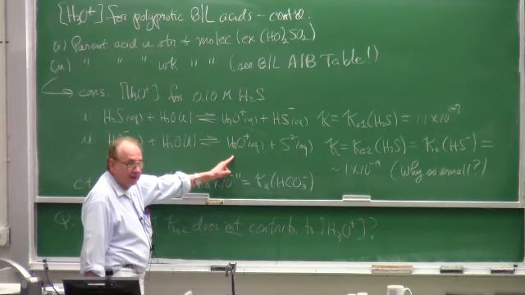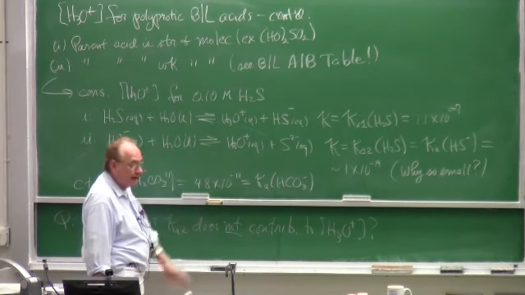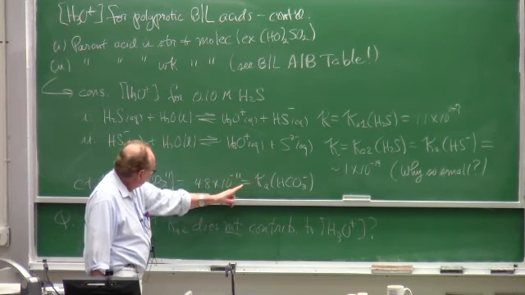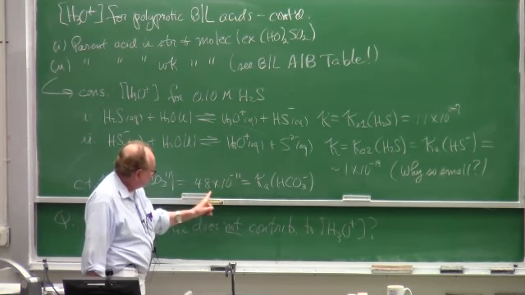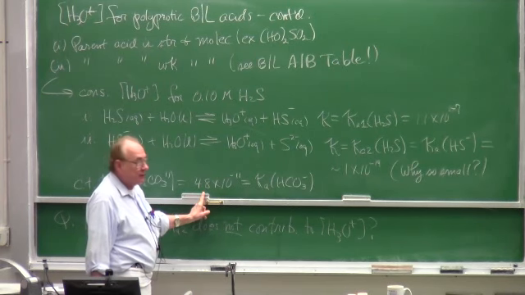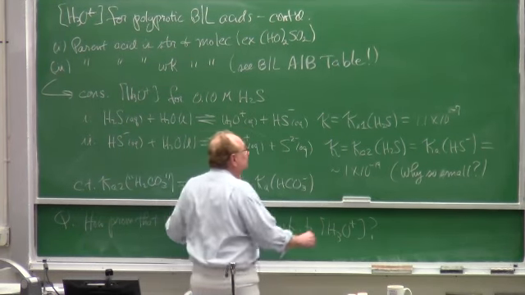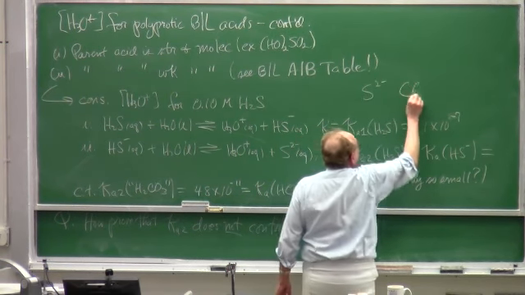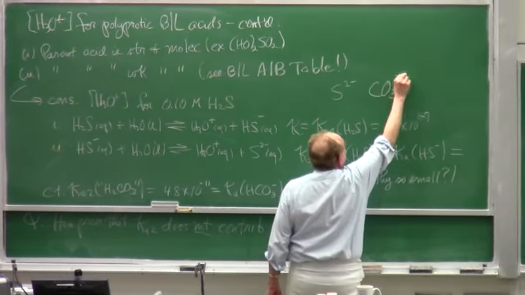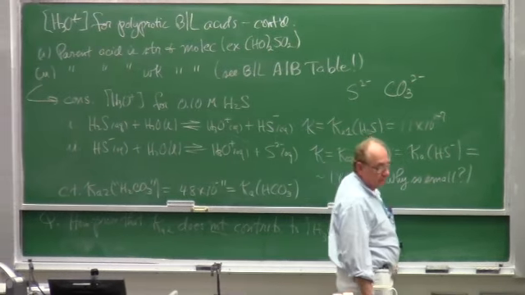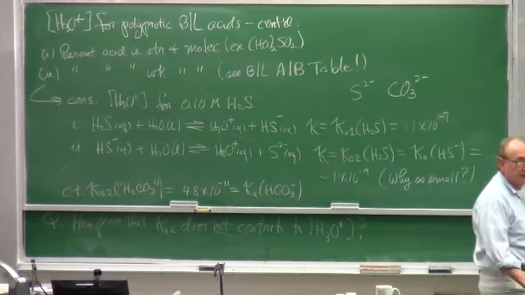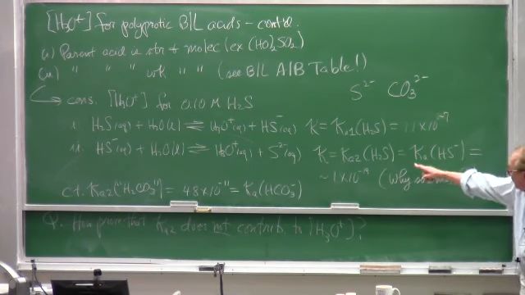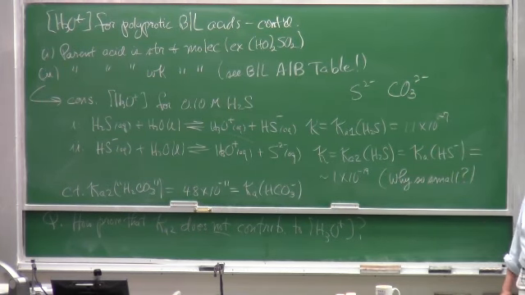For this reaction to go, you've got to pull H plus away from sulfide ion. For the reaction that corresponds to Ka2 for this and Ka for that, you've got to pull H plus from carbonate ion. So as was just pointed out, the answer to why that K value is a whole lot bigger than this K value